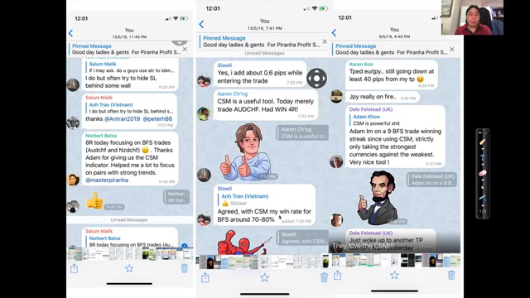Agreed with CSM. My win rate for BFS, bull flag surfing, is 70 to 80% win rate. This guy Dale from the UK, Adam, I'm on a 9 bull flag surfing trade winning streak since using CSM. Strictly only taking the strongest currencies against the weakest. Very nice tool, right? So you can see that with this tool, a lot of my students are getting 70-80% win rate on their Forex trades,